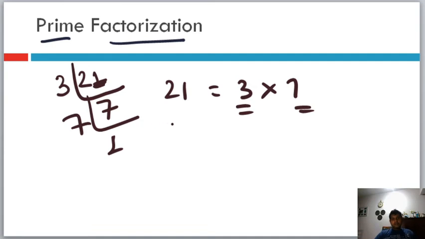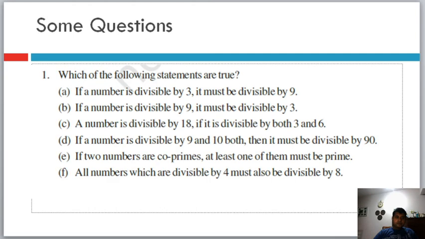It's very simple, but what it eventually tells you is that all composite numbers are nothing but products of prime numbers. So prime numbers are the most fundamental numbers in the entire number system. They multiply and they construct composite numbers. So that is prime numbers. Now prime factorization is quite clear.